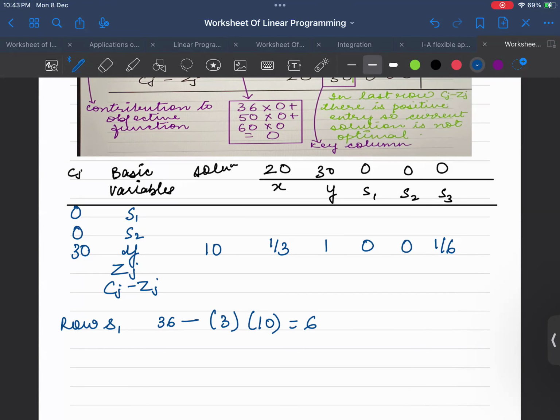Then I will write 6 here, ये रहा मेरा 6, ठीक है,